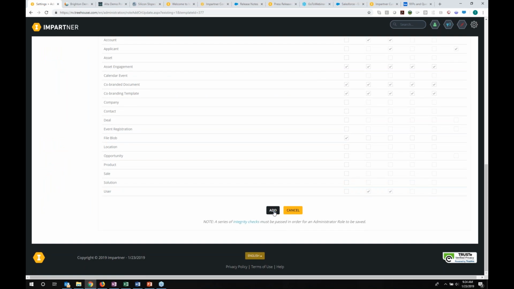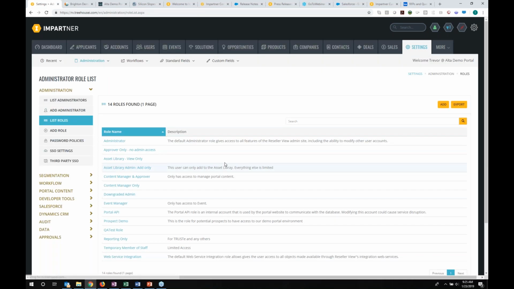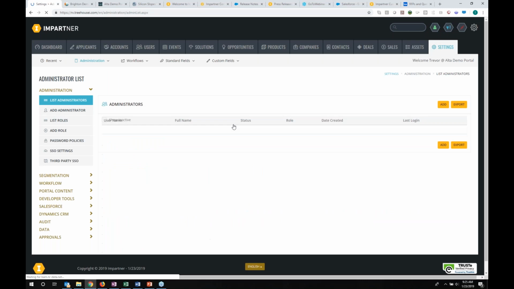So you're able to create these roles, modify them, and I recommend anytime you create a new role to create at least a test user, so you can validate it, log in as that test user, and make sure the permissions are correct and you don't give them too much or too little access according to what you're trying to do there. All right, so now once I've added that role,